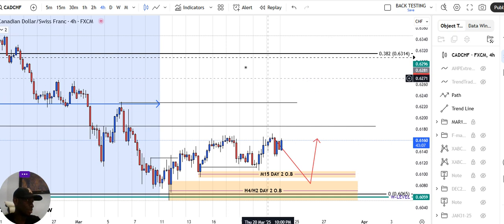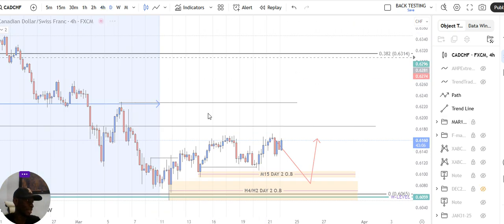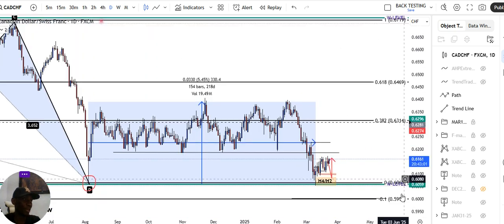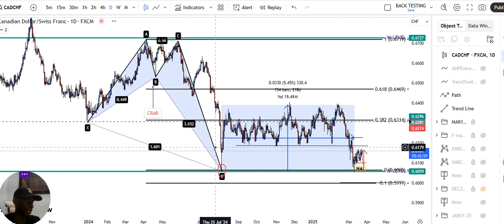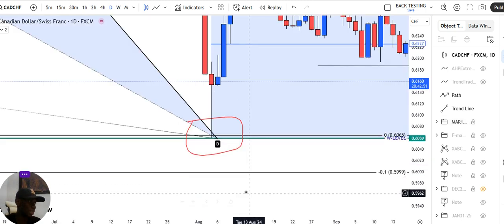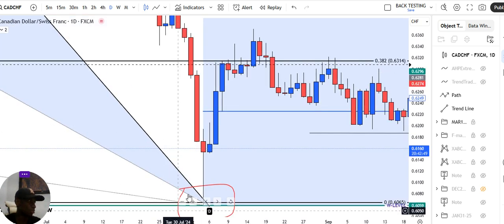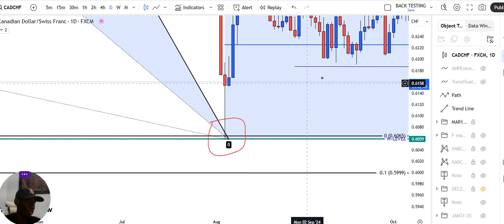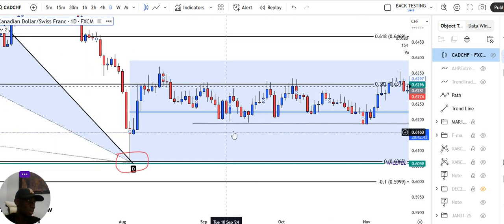CHF, I don't know if I've reviewed this trading opportunity. Like I told you guys, this CHF is actually a re-entry for this all-time setup that happened last year, August last year. The price gave us this rejection at this level and then pushed all the way up, leaving this rejection block below. So after a couple of months,